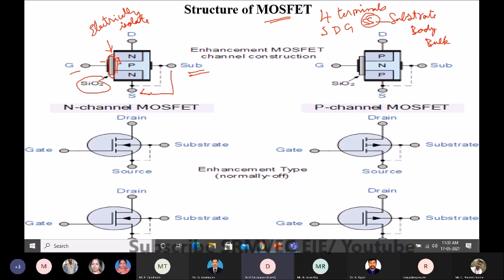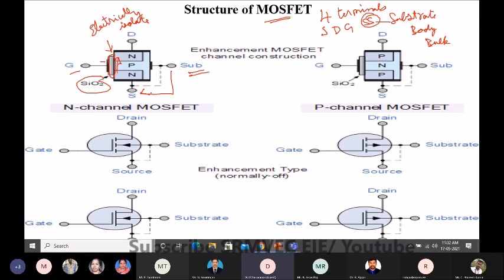If it is not connected, what happens? The threshold voltage, which is required to turn on the transistor, will be high. It will be different, and that makes a problem in the actual circuit. So we are not getting into depth now; you will see it once again when coming back.